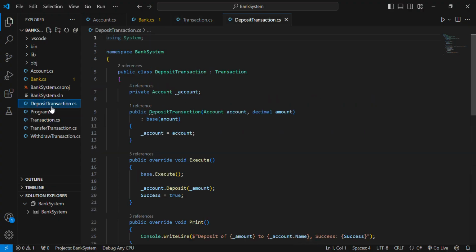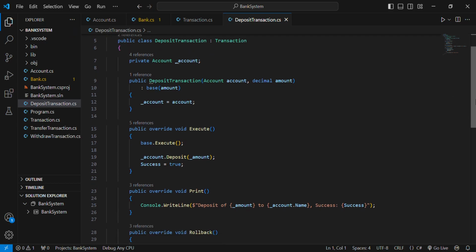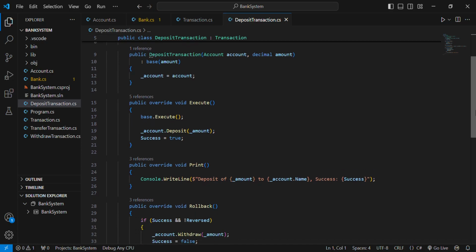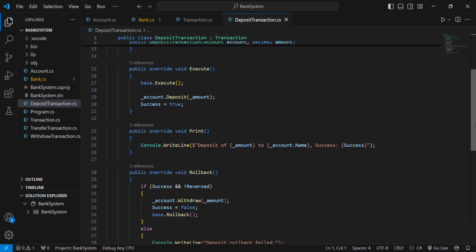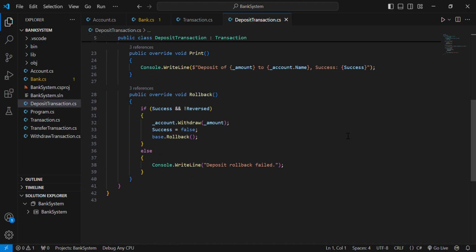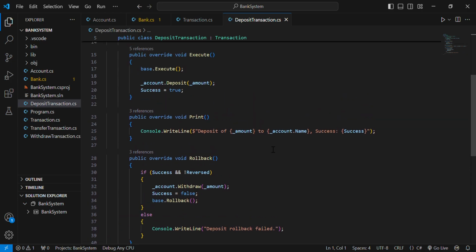Next is deposit transaction, withdraw transaction, transfer transaction. In this deposit transaction, this class is inherited from the transaction class and implements specific behaviors. In this deposit transaction, the amount gets deposited